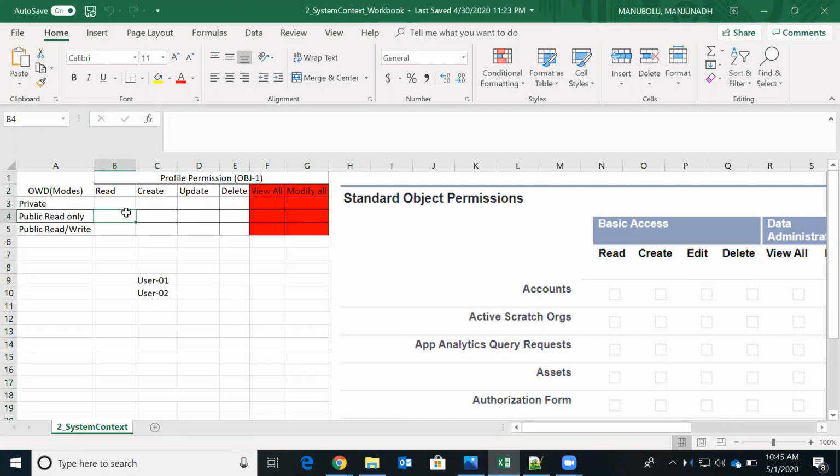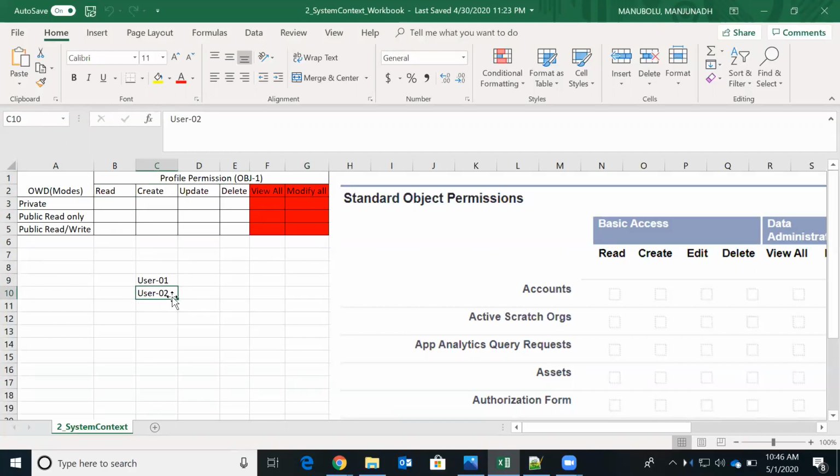Let's say there are two users belonging to the same profile, and there is an object named object 1 that has read permission. If OWD is private, then user 1 can read only the records which are shared to him, and he cannot read the records of user 2.